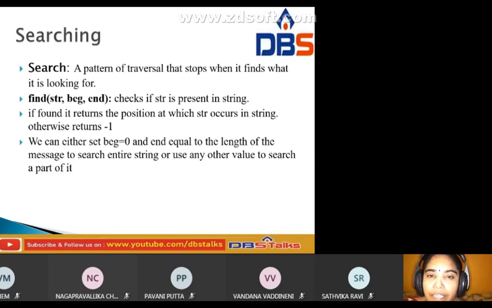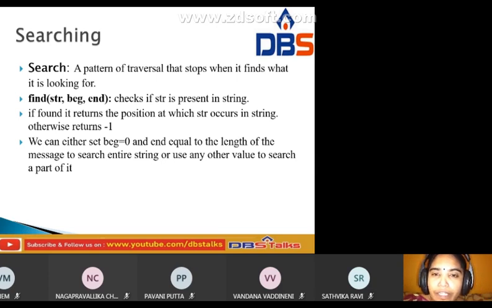The next topic is searching. What is meant by search? A search is a pattern of traversal that stops when it finds what it is looking for.